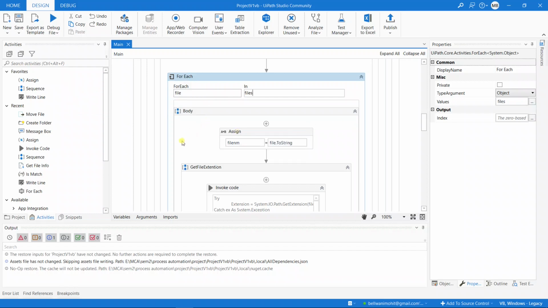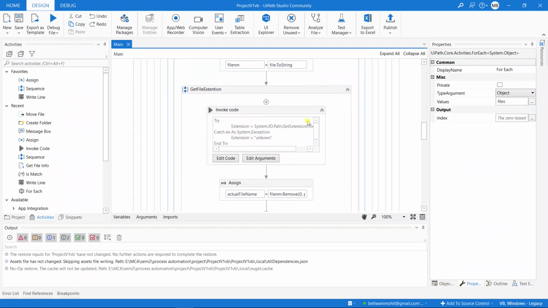Now inside the body of this for each loop, we create another string variable called file name. This string will carry the name of the file, which will contain the file name plus the extension. Now we write a VB.NET script that will extract the file extension using the system library of VB.NET.